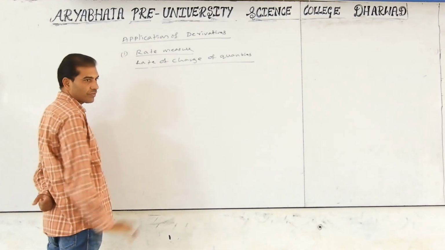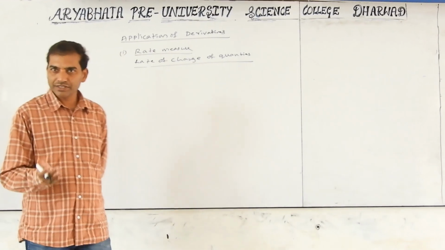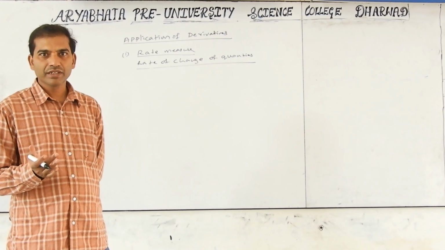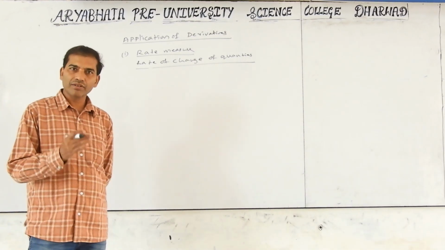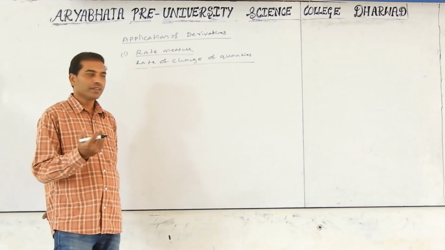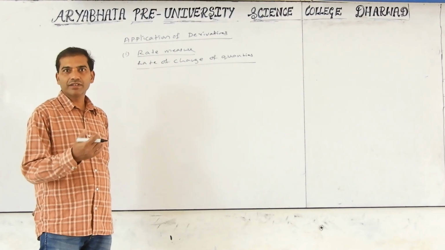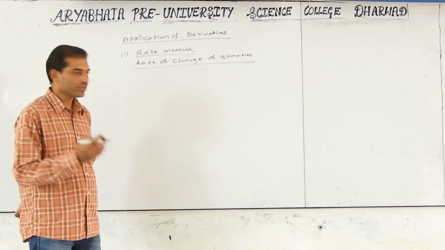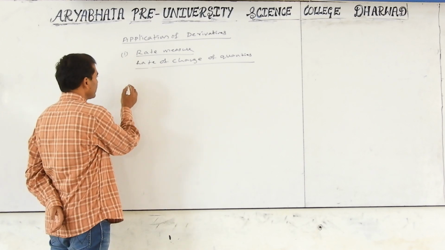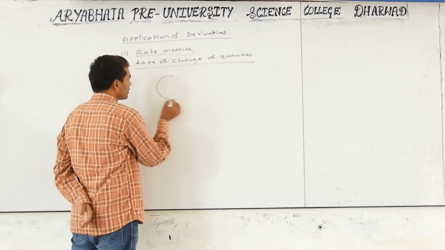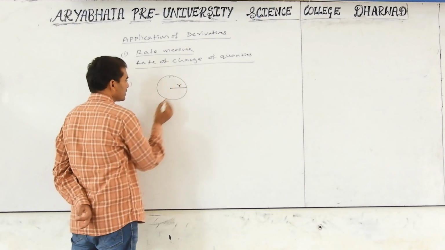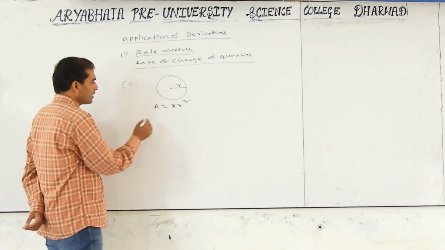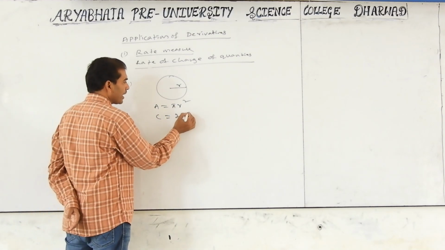The rate of change of velocity is called acceleration. The rate of change of displacement is called velocity. And you should know some formulas, which you have already learned in lower classes. Let us once again recall the formulas for the volume of a cube and volume of a sphere, which are useful in this topic. First, everybody knows the circle. This is the radius. The area of a circle is pi r square, and the circumference of a circle is 2 pi r.